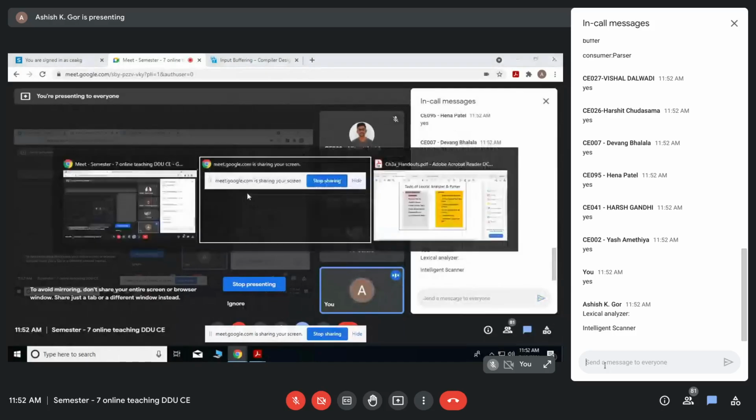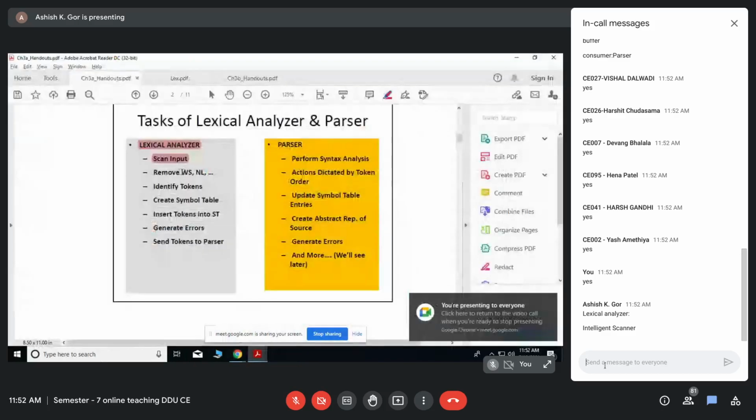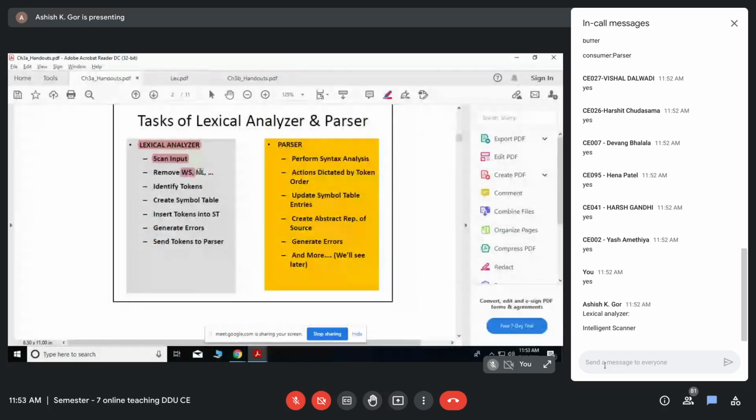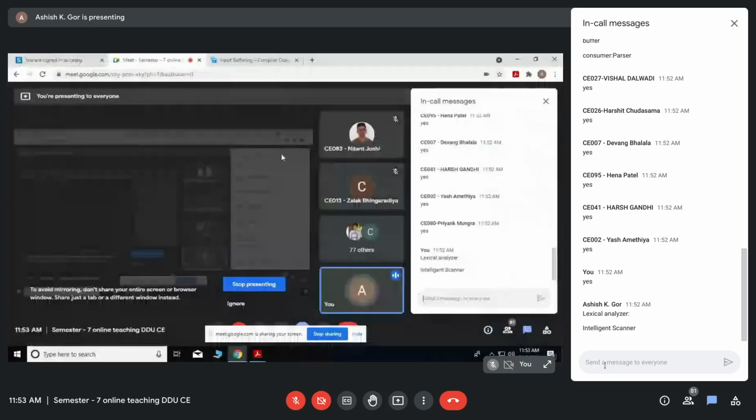Let us see how it is intelligent. It scans the input. So what is this WS? It is white space, new line, those things which are not necessary. You will ask why it is not necessary. Generally, white spaces are not very useful for parsing.